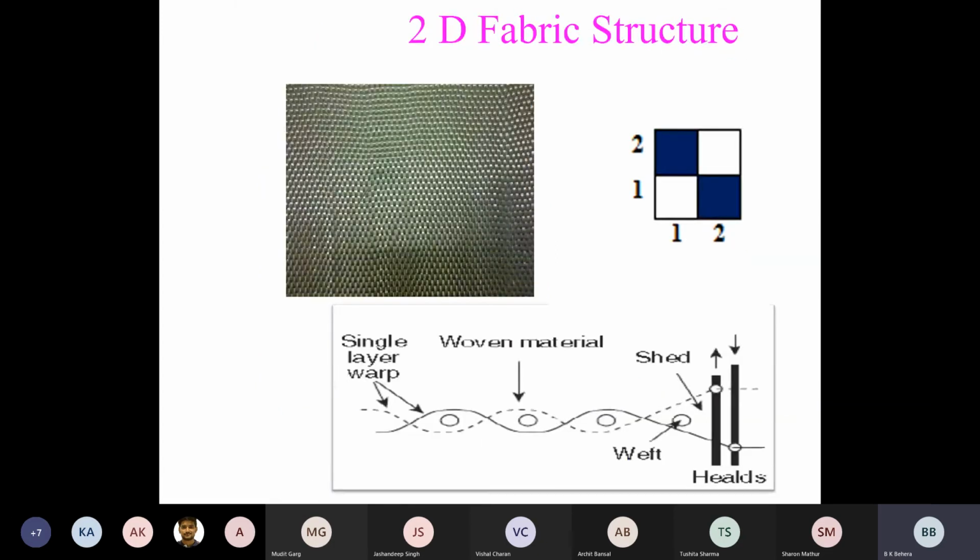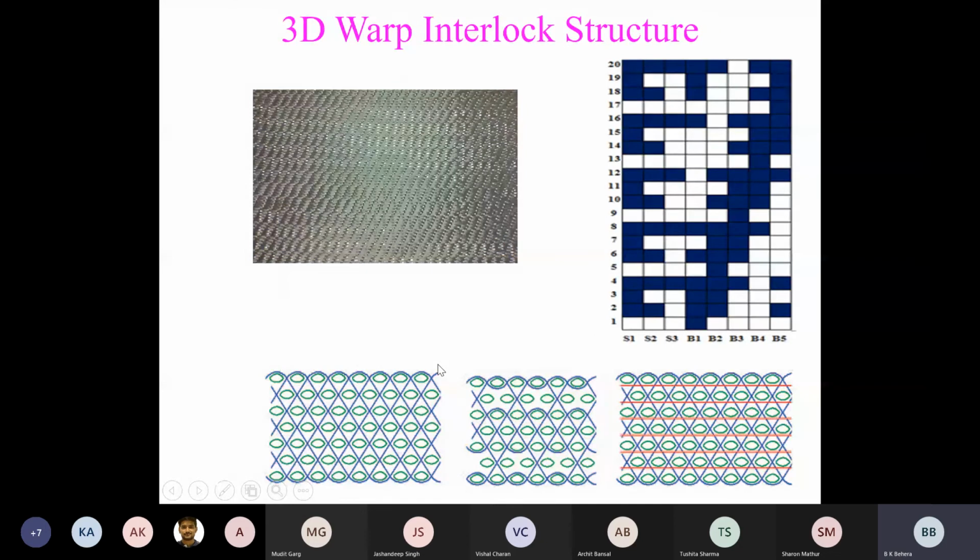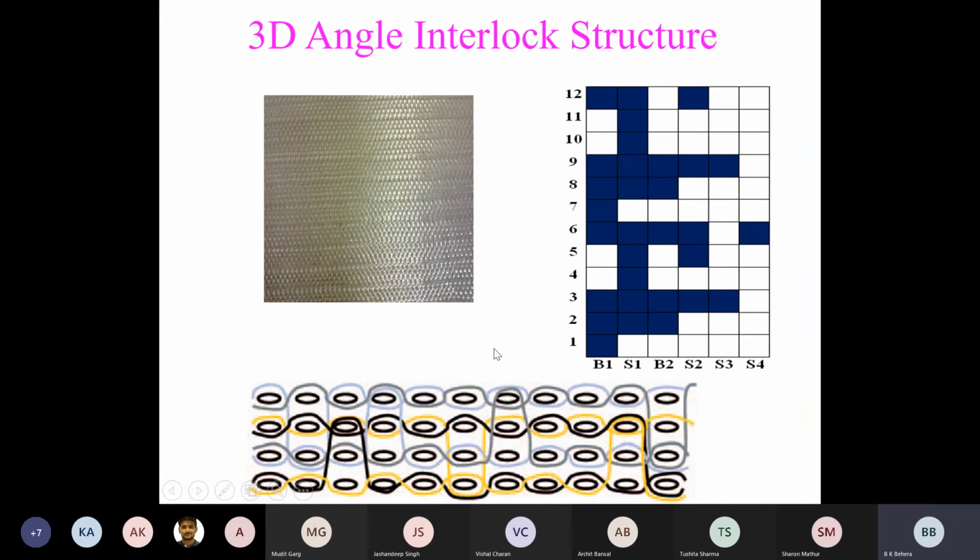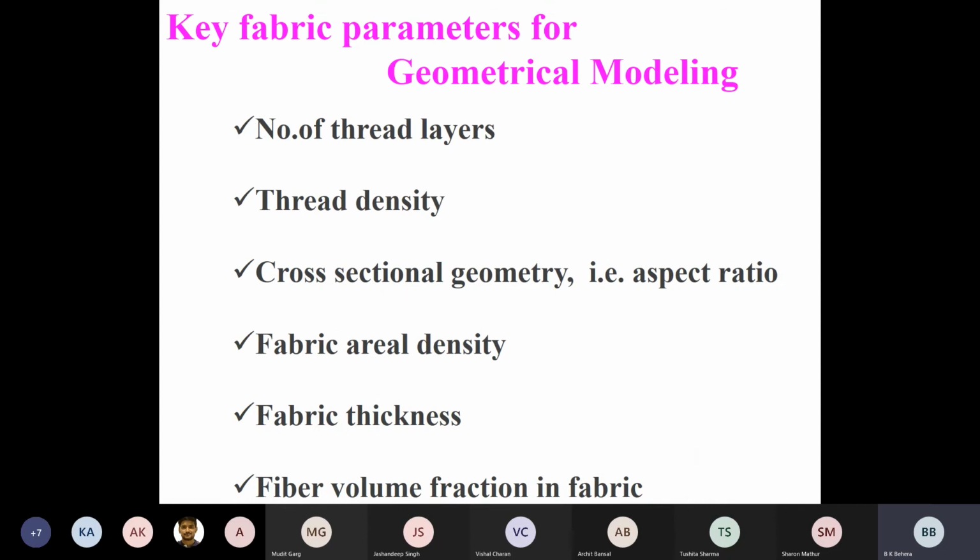The second one is the 2D fabric. There is no need to explain. All weaving is 2D fabric, that is warp and weft. Let's say this is a plain woven fabric. How they are interlaced in the weaving machine, you can see from this diagram. Then the third one, the 3D interlock fabric. This you have already seen. This is the 3D angle interlock fabric. Just now we explained, and you can similarly have a 3D orthogonal fabric also, which you know.